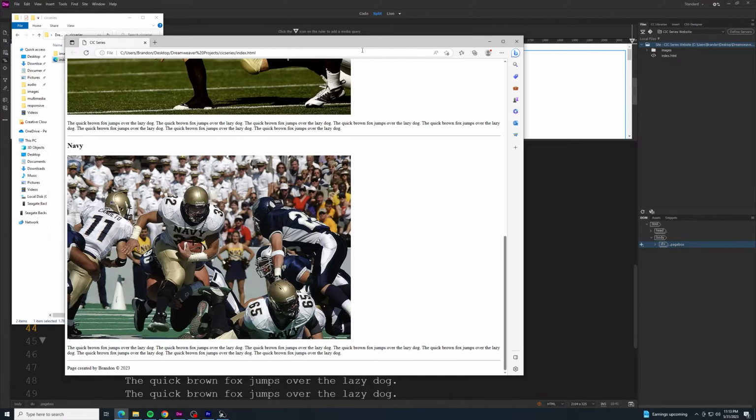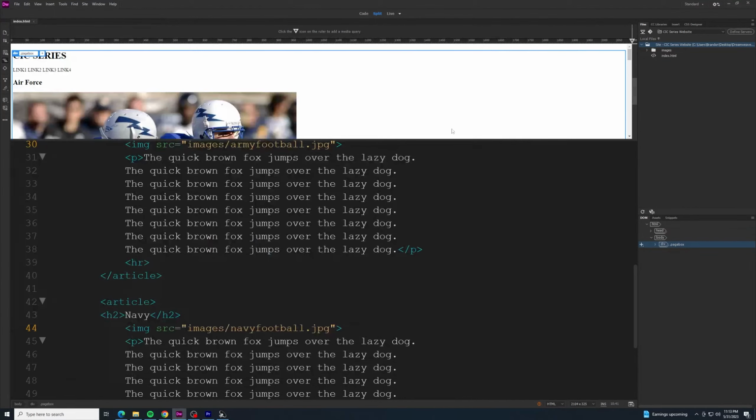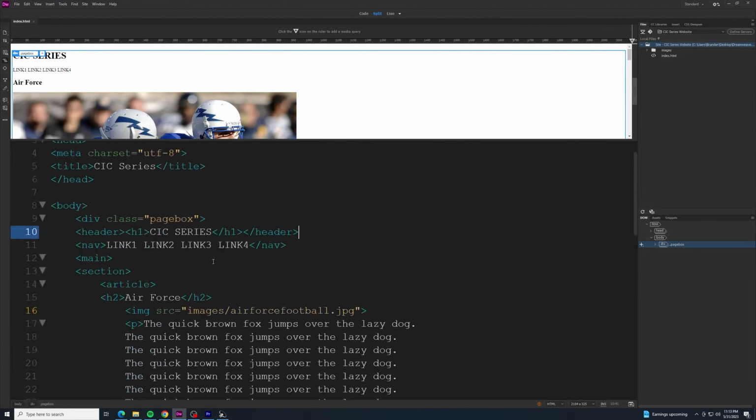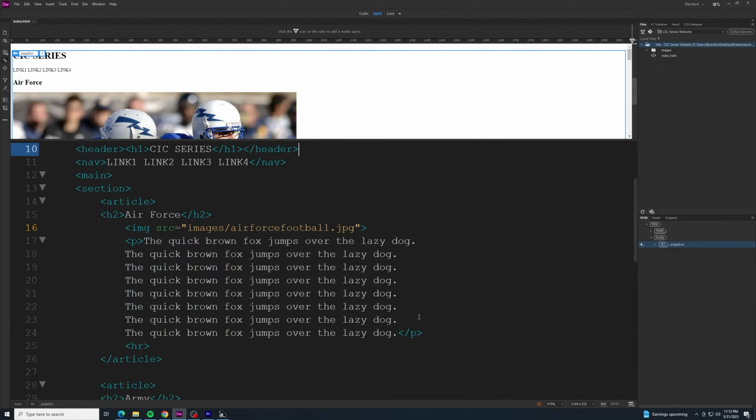So let's do something to make this page stand out a little bit more and look a little bit more like a web page. To do that, we need to create what is called a CSS document. And so all of this is HTML. This is our regular HTML code. But then CSS is like the designing language of it. And to create a CSS document